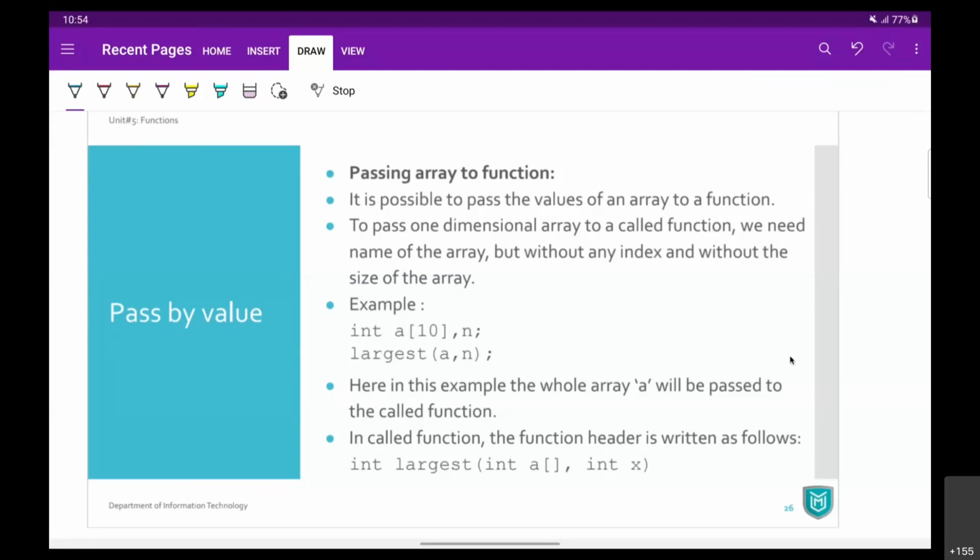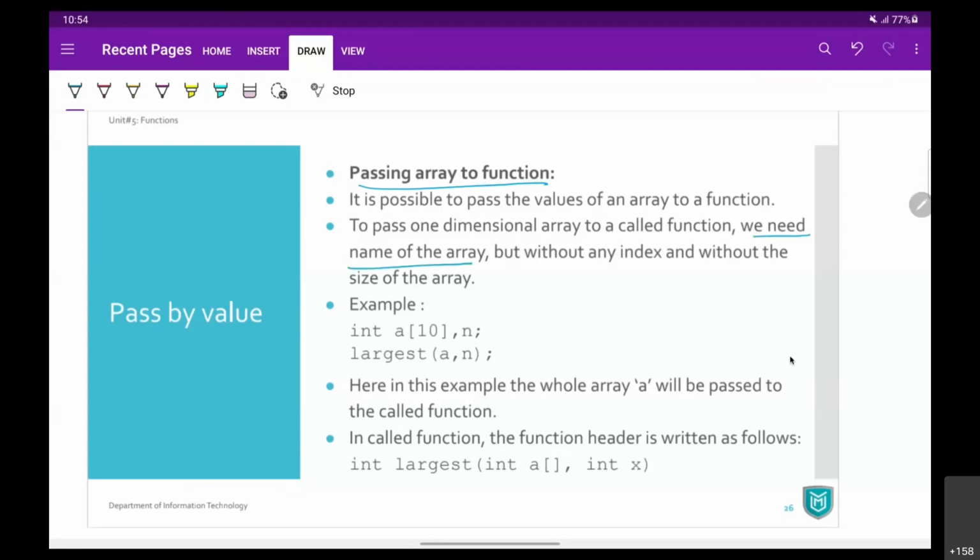अब जब आप array pass करते हो, then array is a single variable which contains multiple elements. तो आप जब एरे पास करोगे तो आप एक ही पैरामीटर पास करोगे, बट दैट पैरामीटर is going to be of the type array, and that's why we need to discuss it here. Passing an array to a function, right? It is possible to pass a number of values stored in the array to the function. And how can we do it? We just need the array name.